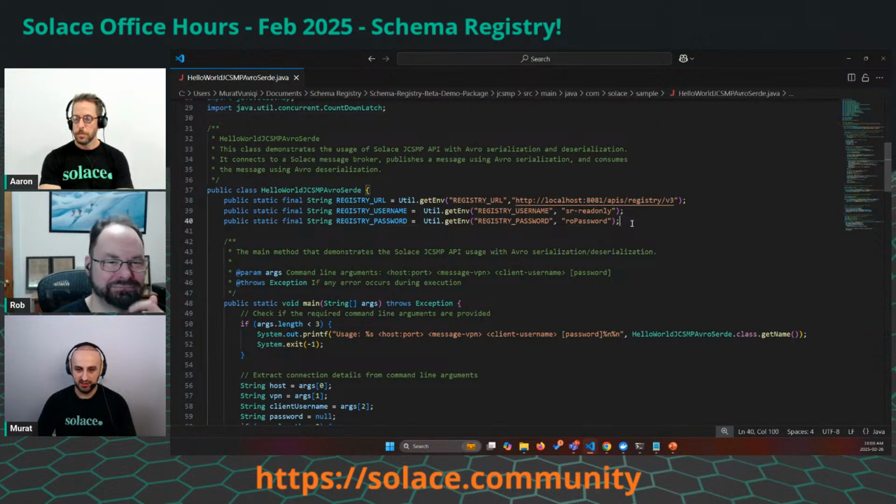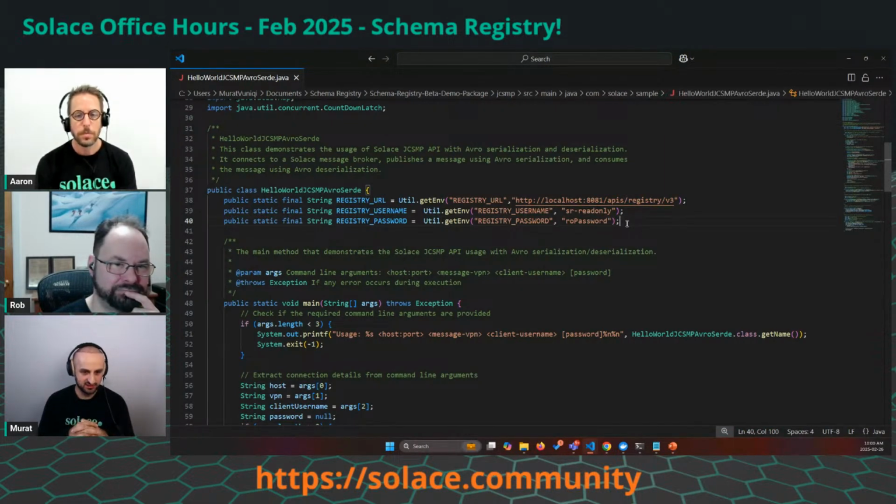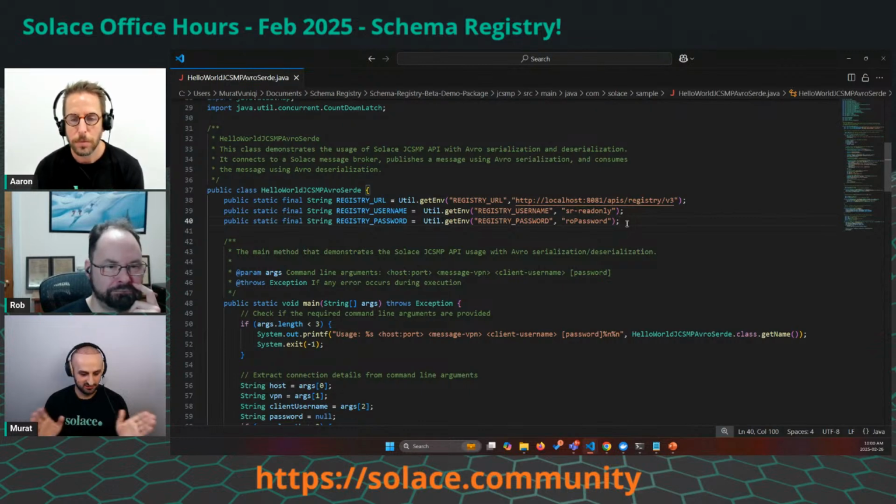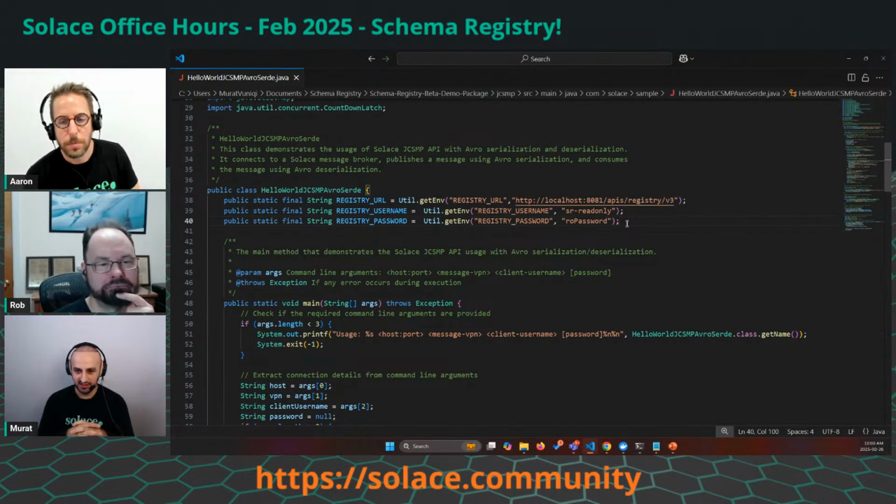The configuration currently for the SERDES is very basic. And that's why in that limitation slide that Rob flashed up, we mentioned that configuration is very minimal, and it's essentially just the link to the registry itself and the username and password that are going to be used to